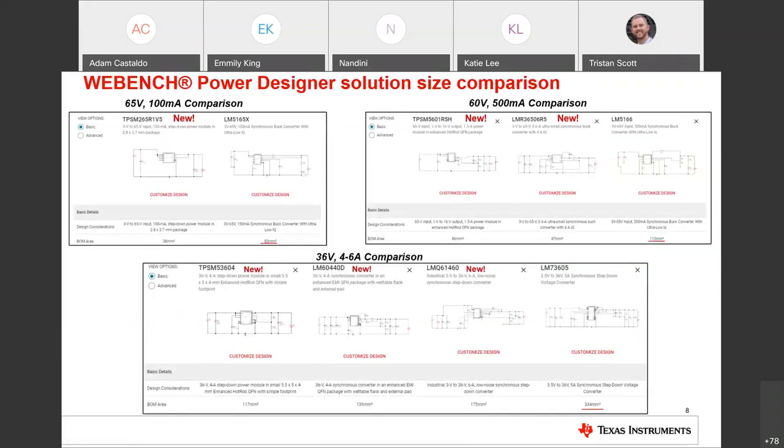So moving on, we just talked about how small our packages are. You know, that sounds great and all, but what does that mean for you in terms of your total solution size? Because at the end of the day, BOM area, board space, and solution size is really what matters, not the package size. So what I did here was took a comparison